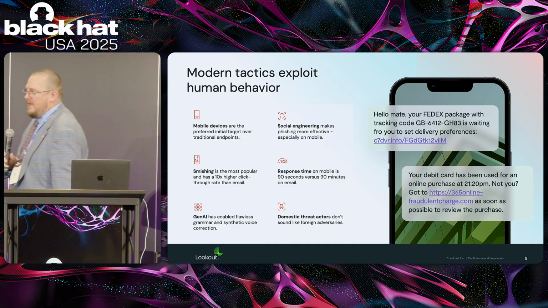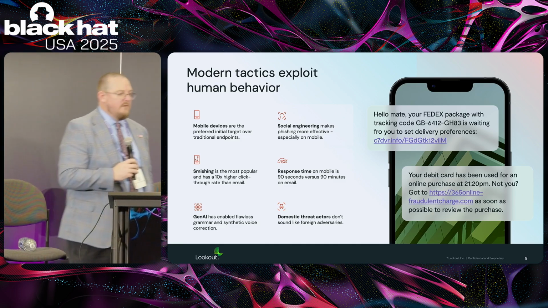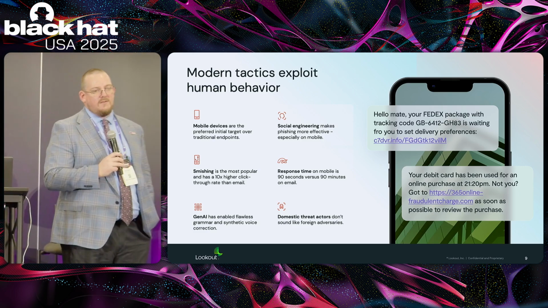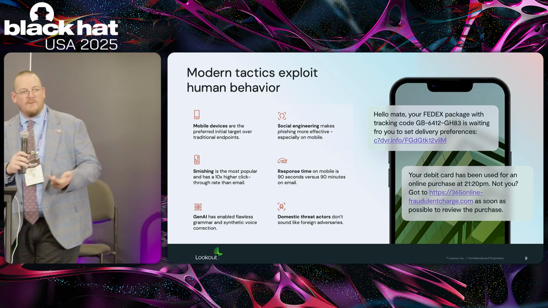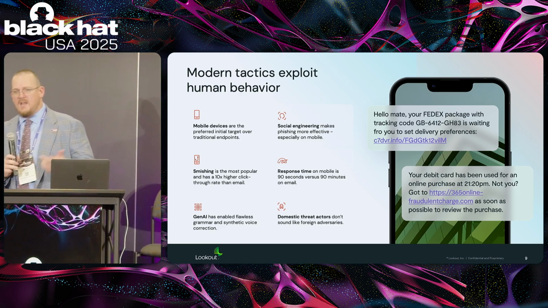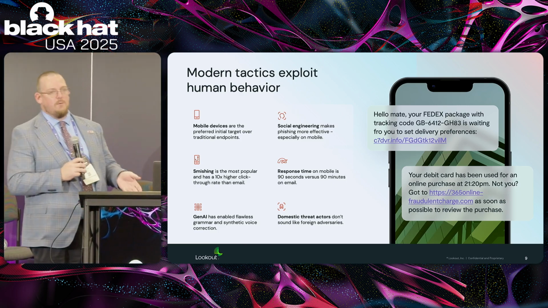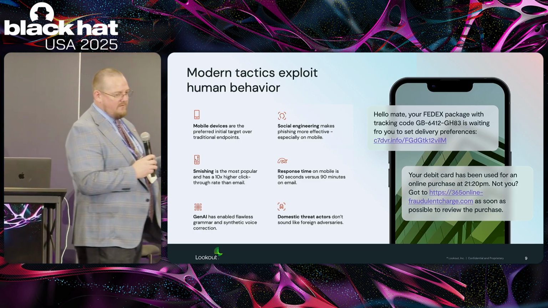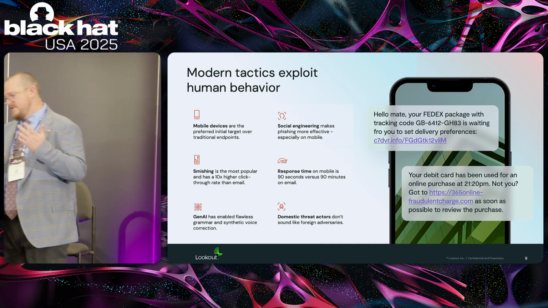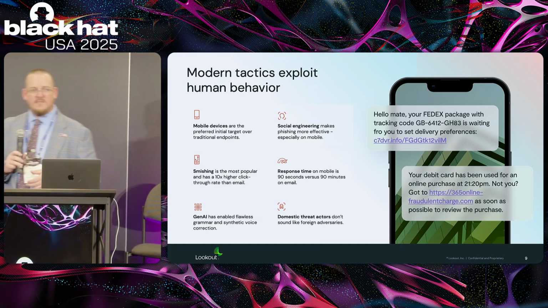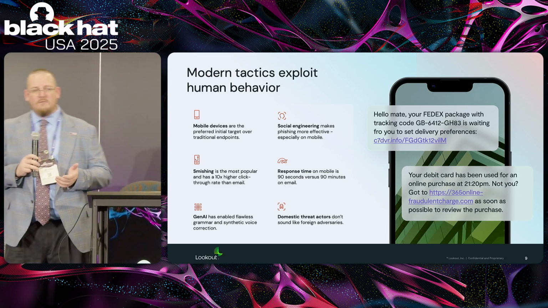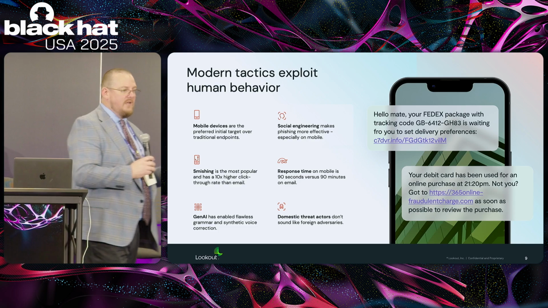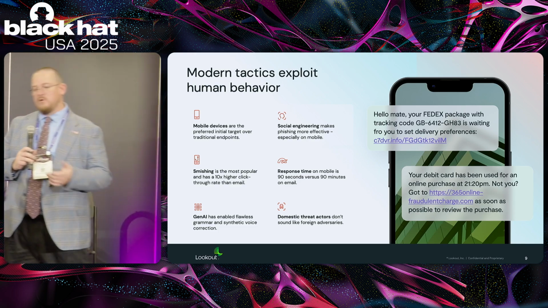So, when we really talk about mobile and the reason why it's becoming such a pain point, it's really because users are more likely to click on a phishing link on a mobile device than they are on a standard desktop. On a standard desktop, you can hover over the link, you can see where it goes. There's various levels of protection, from firewalls to network prevention systems to URL filtering services. But largely on mobile, that really hasn't had the same love and affection that your standard desktop world does.